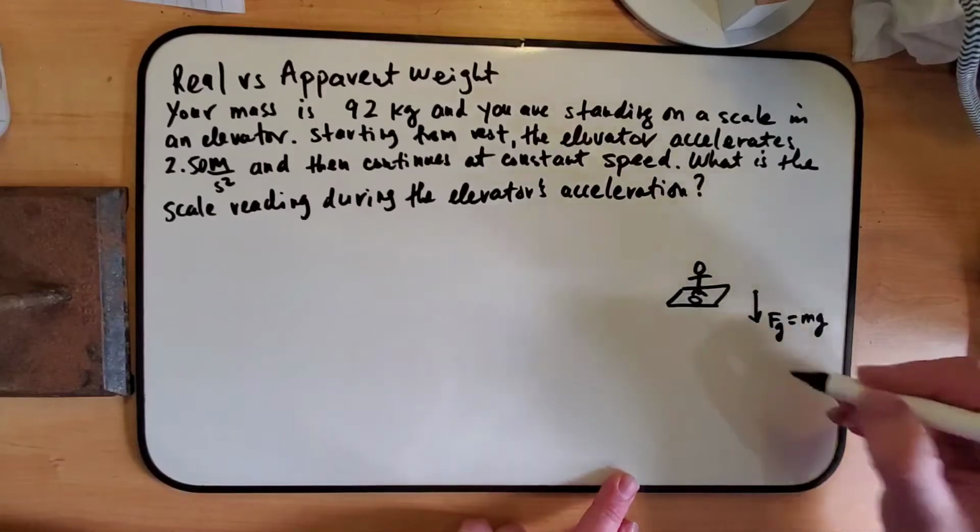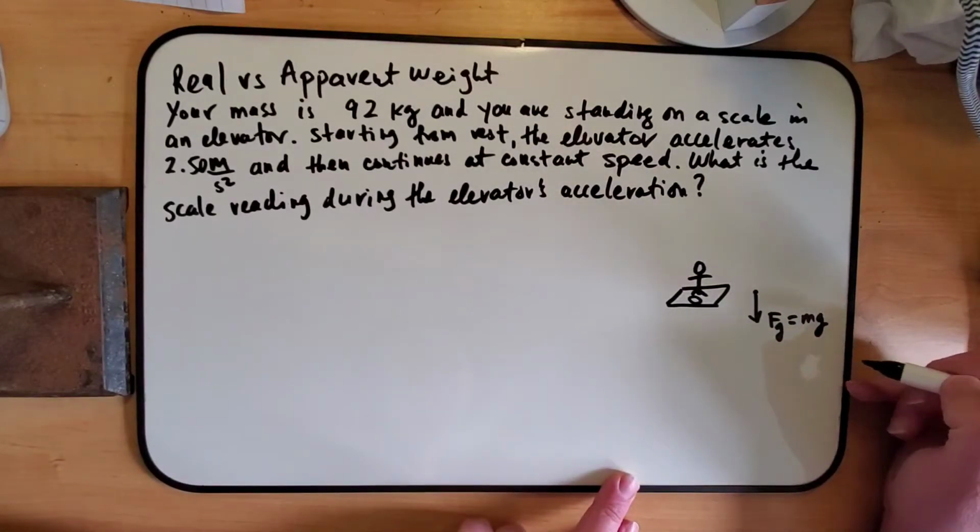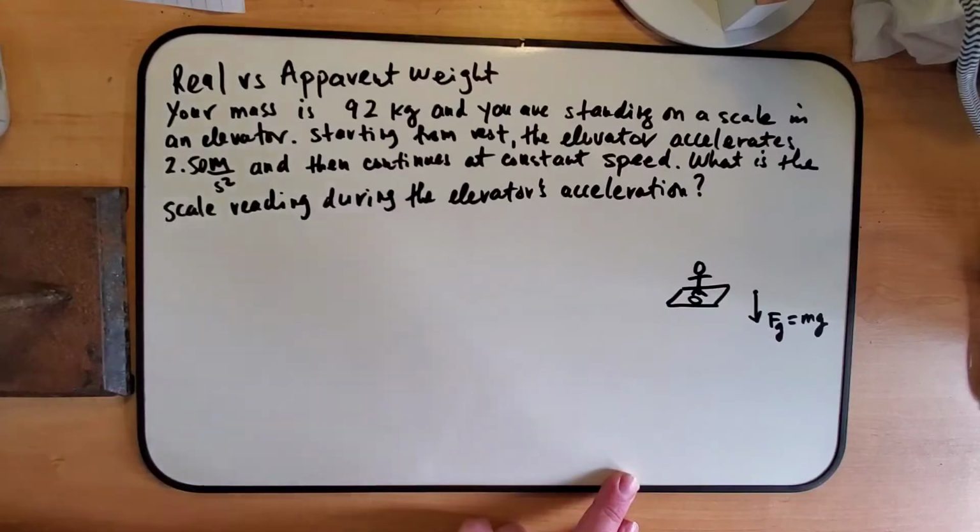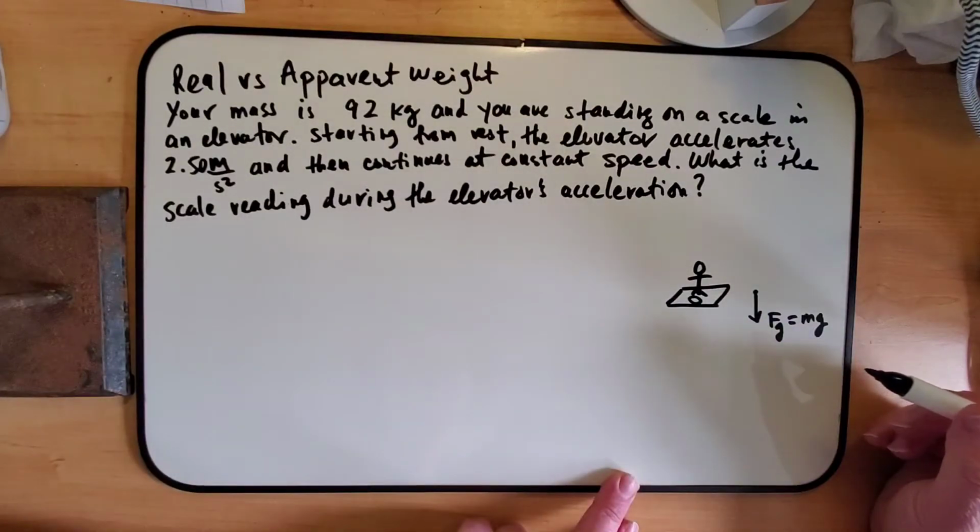F sub g is equal to m times g, and there is also a force that the scale